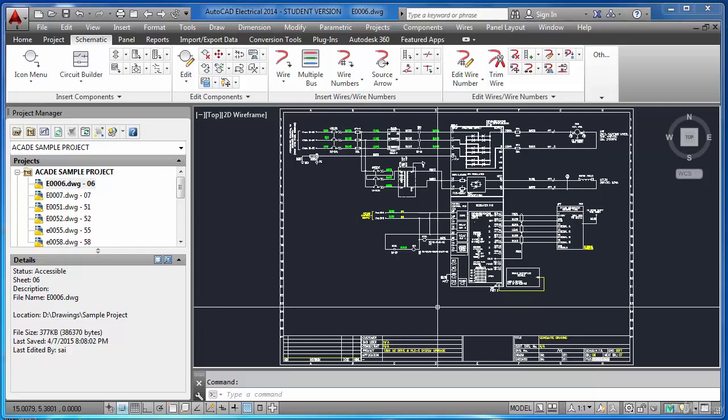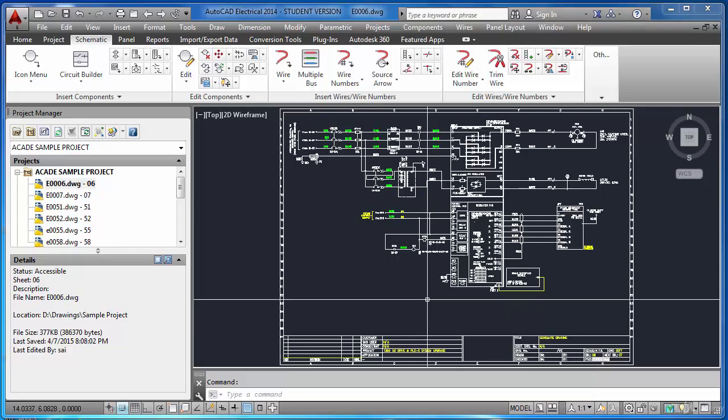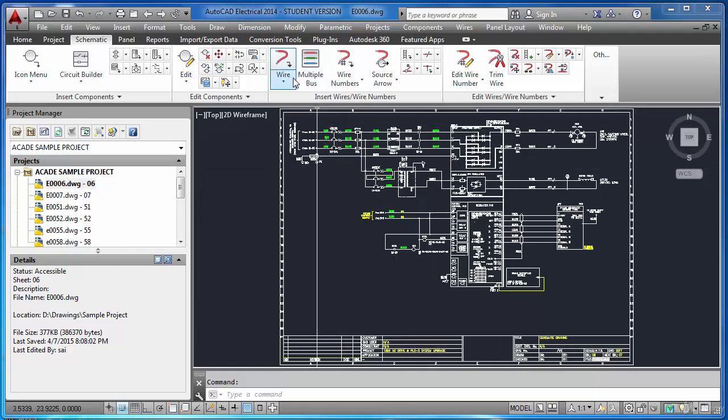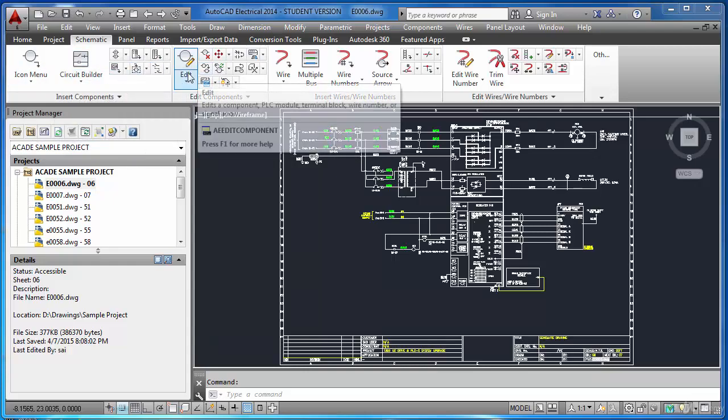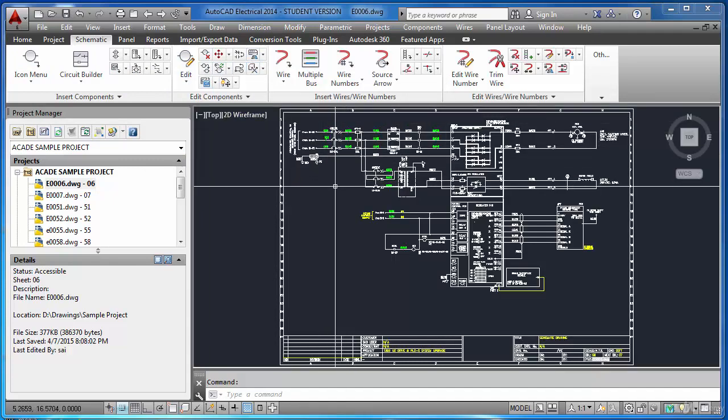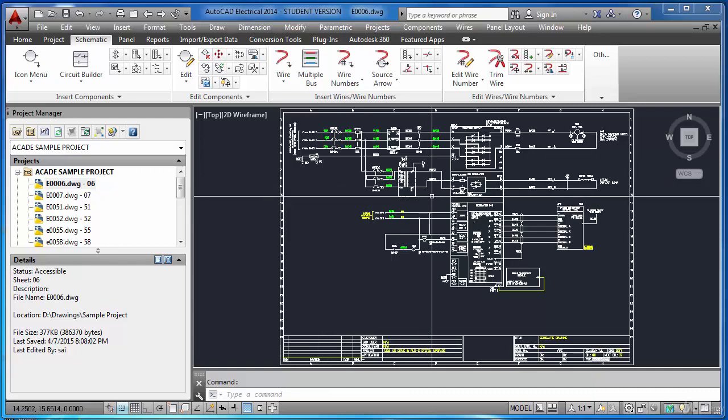Hi friends, in the last two sessions we learned how to use wire commands, inserting multiple wires, trimming wires, edit wire numbers, move wire numbers, copy command, and also inserting components through icon menu, editing components, swap command, everything. Now, in this session, we have a drawing, not one drawing, we have a few drawings